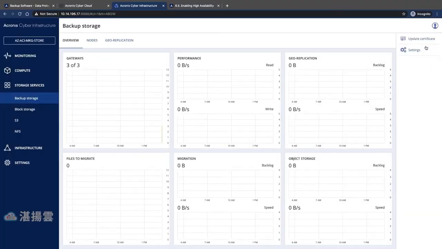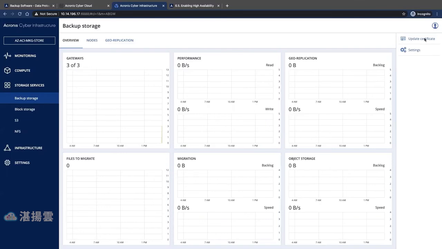You will also find that there is a certificate which is used when connecting between the Acronis Cyber Infrastructure through the Acronis Backup Gateway into the Acronis Cyber Cloud. That certificate is valid for about 1 year from the time it is issued. Prior to that certificate expiring, you will receive warnings saying that the certificate is becoming out of date. In which case, you can log in to your Acronis Cyber Infrastructure, go to the backup storage,